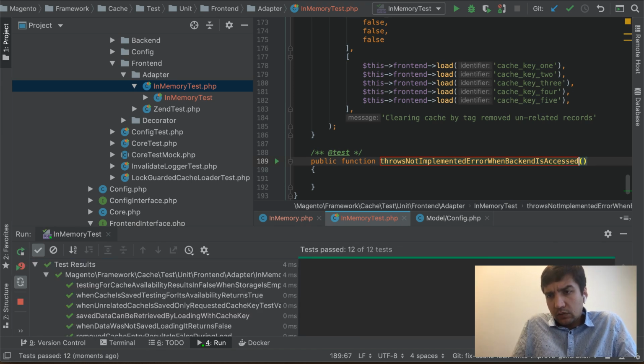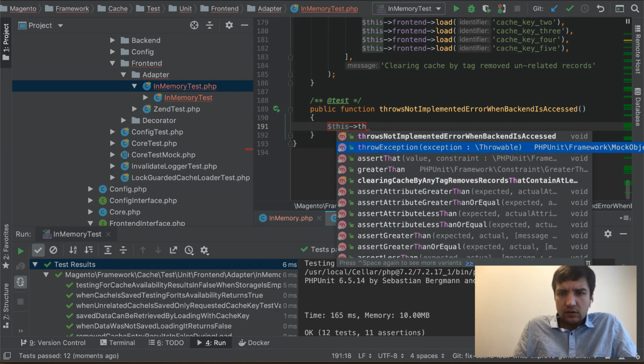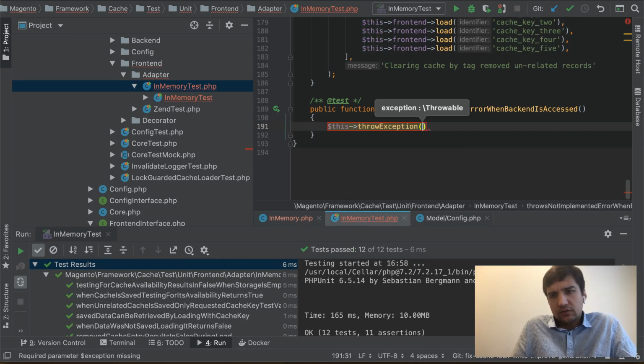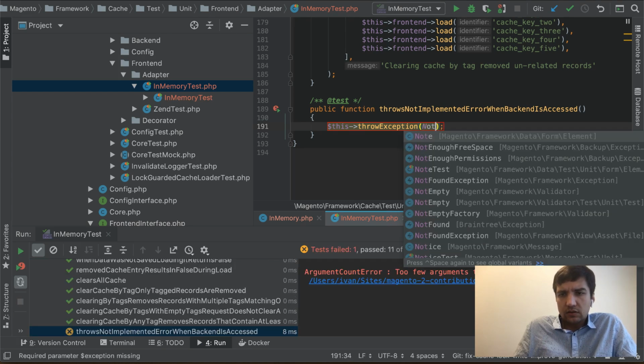So we will see right away if something is happening. So what we expect is that it throws an exception class is not